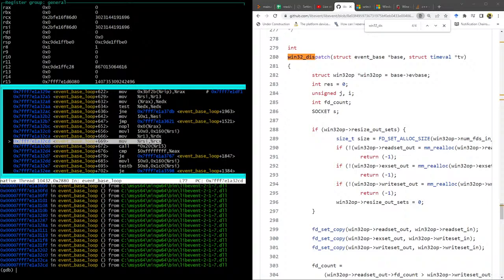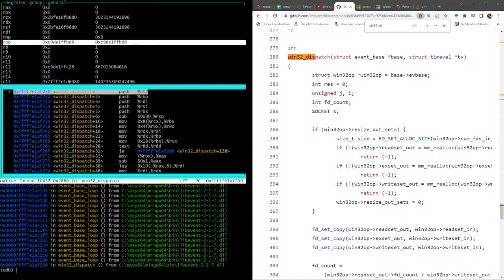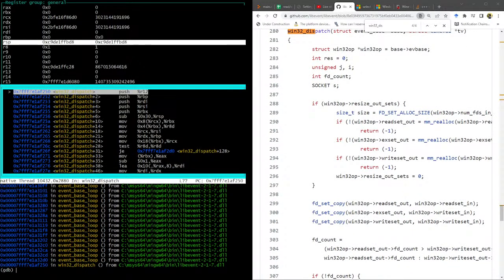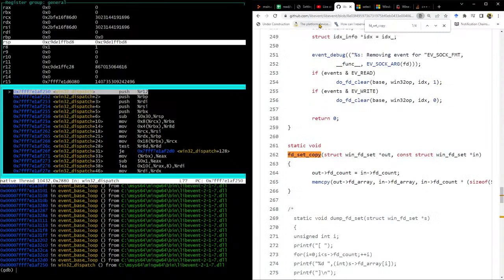Then there's this call, which I have no idea what that is. Oh, that's what it is, Win32 dispatch. So we get into Win32 dispatch, and I looked up the code here. Now, this fd set copy is basically a wrapper around a memcpy, and it's used for calling select. I don't exactly know why, but anyway, it's basically a wrapper around memcpy. Keep that in mind,